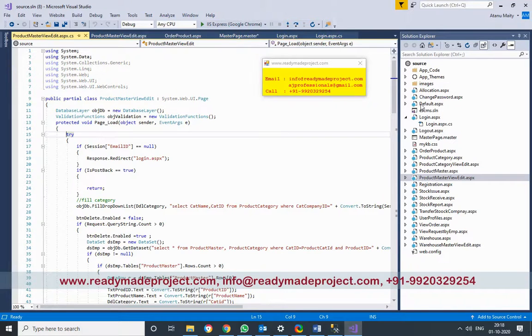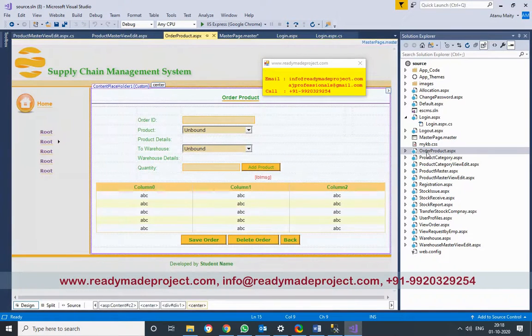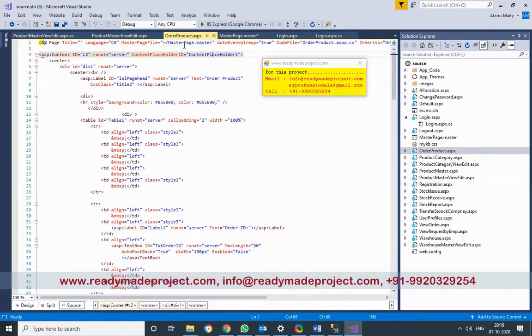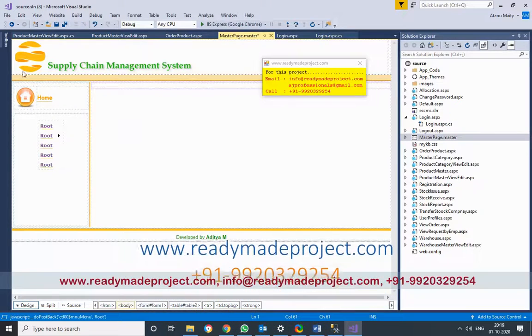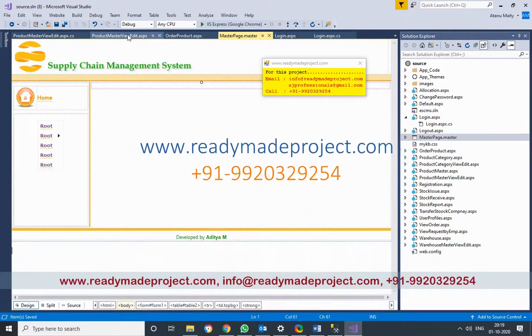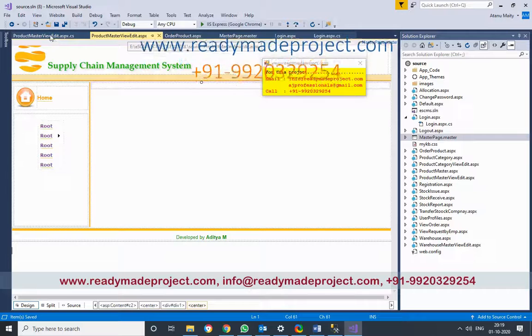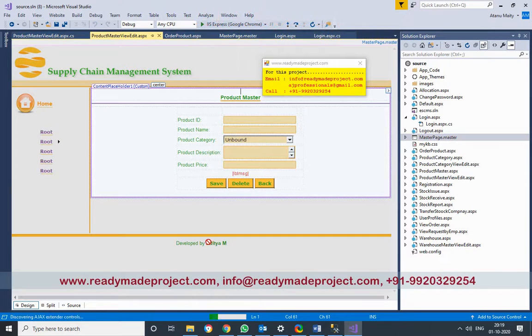Now there is another page you have to do. Master page, to save it. Now it will apply to all the pages.